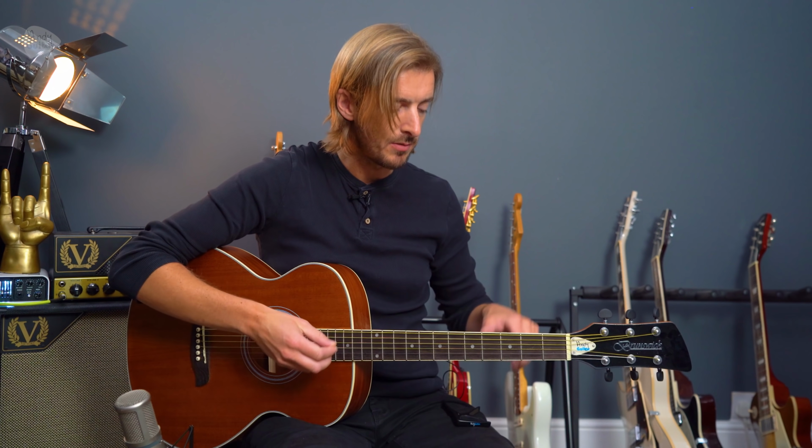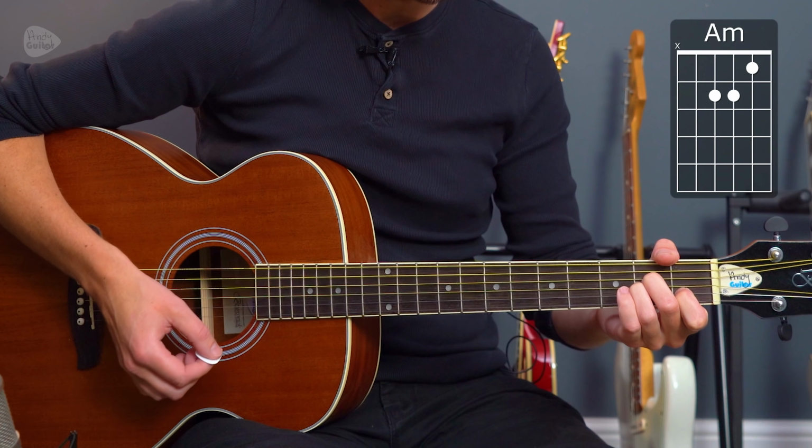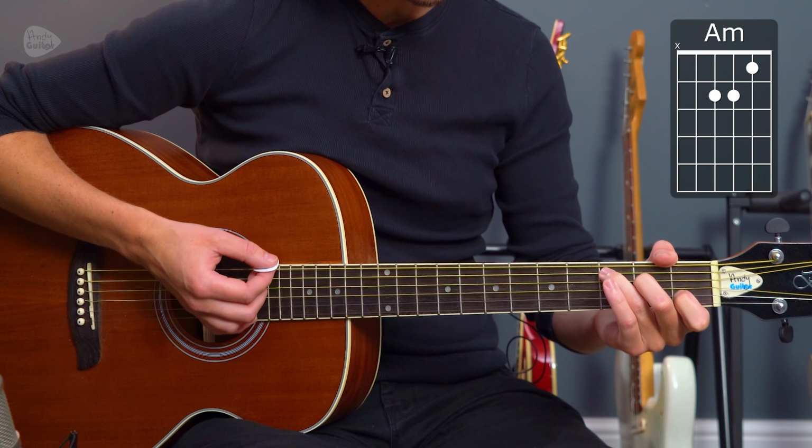So all you want to do is we're going to look at the chords, and if you want to play along to the original recording, just put a capo at the 2nd fret, play the exact same chords, and I'll demo exactly how to do that, and then you can play along to the original recording as well if you wish. So the chords we'll need are A minor, C major,